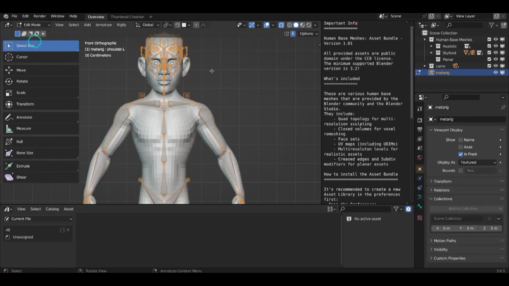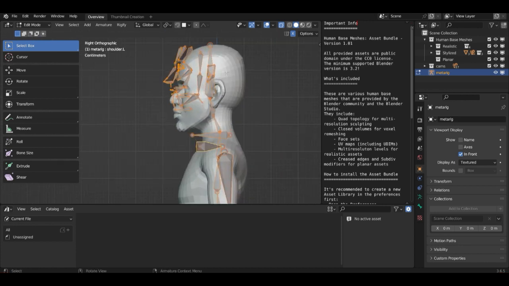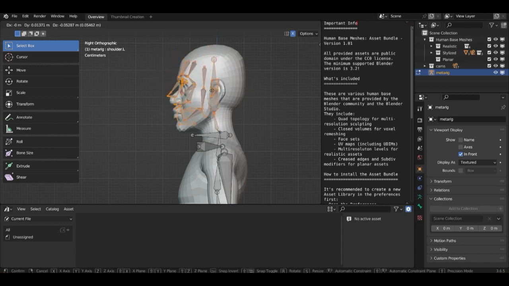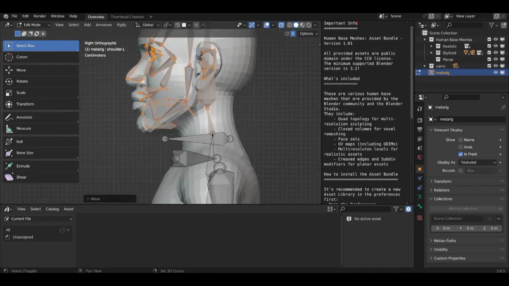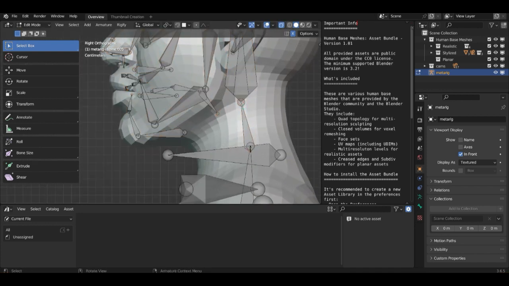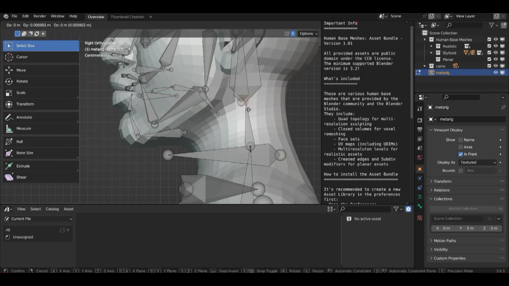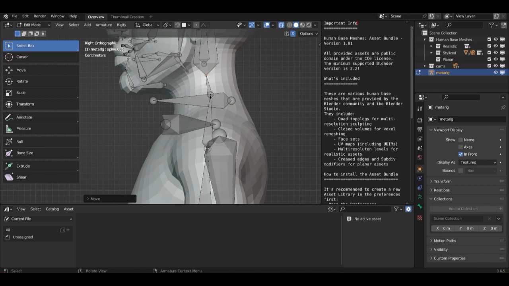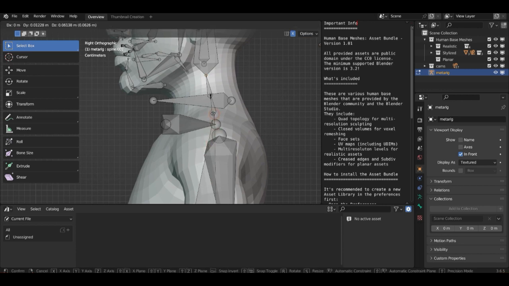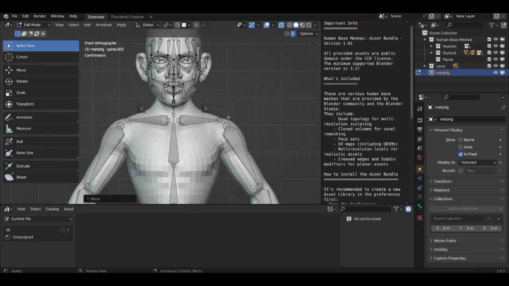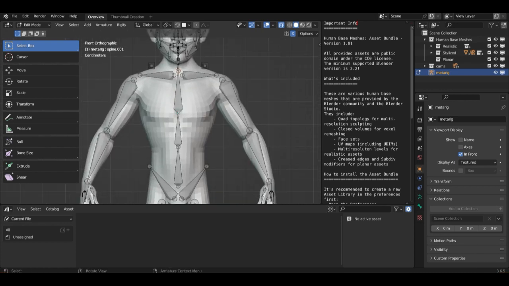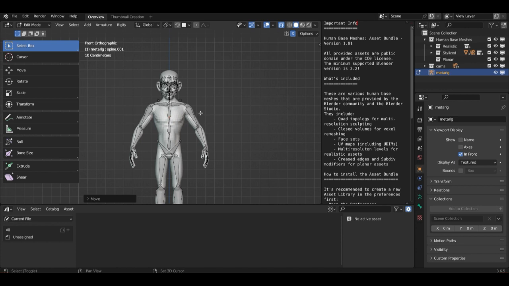Select the armature and go to edit mode. Side view. Now select only the head bones. And with G, it doesn't have to be perfect. I just want to show you. Neck bone. This is the other neck bone here. Alright,